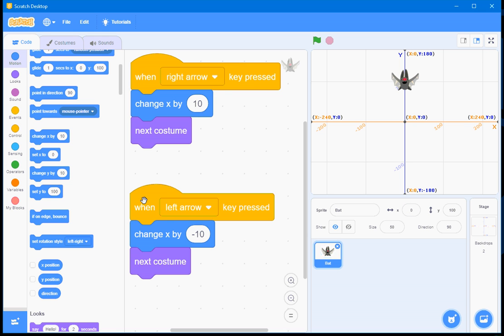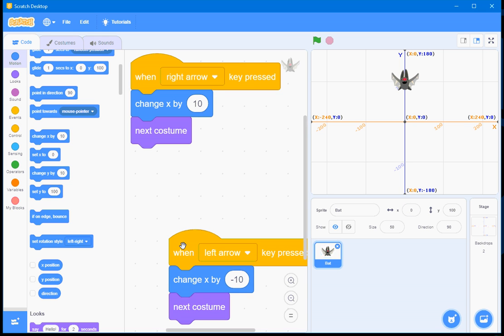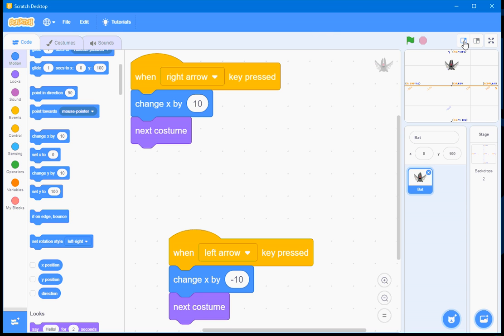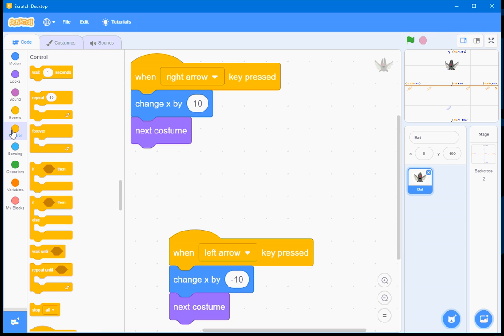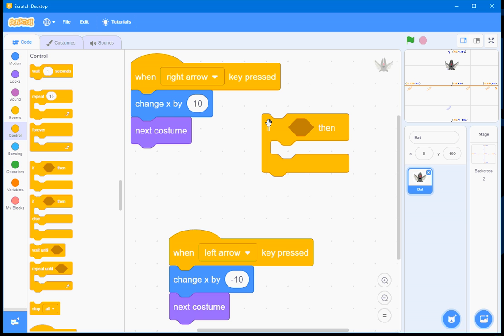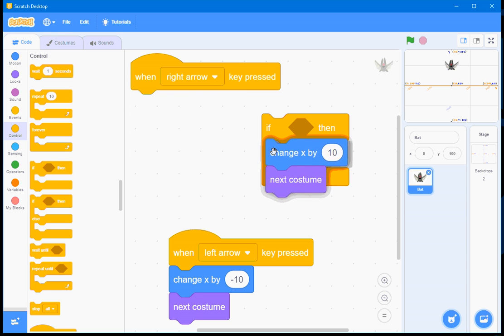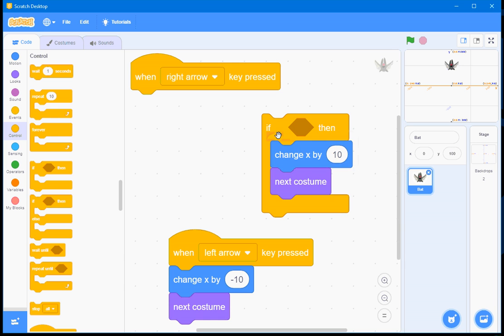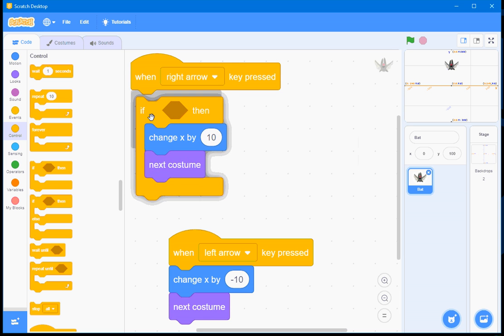And then I'll drag this down a bit. I might make my coding area a little larger. And what I'll do is I'll go to the control section and choose the if-then selection structure, and I'll put all this code inside the if-then block, drag that back,